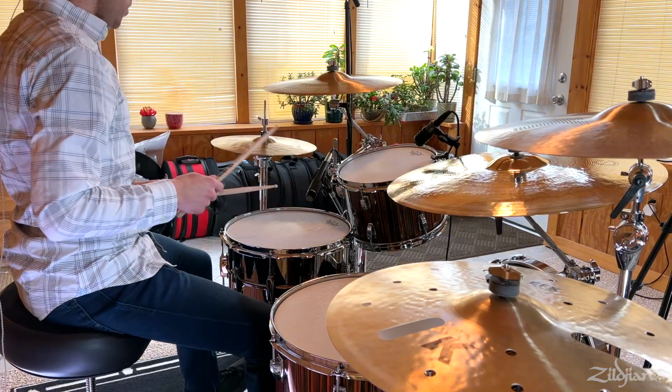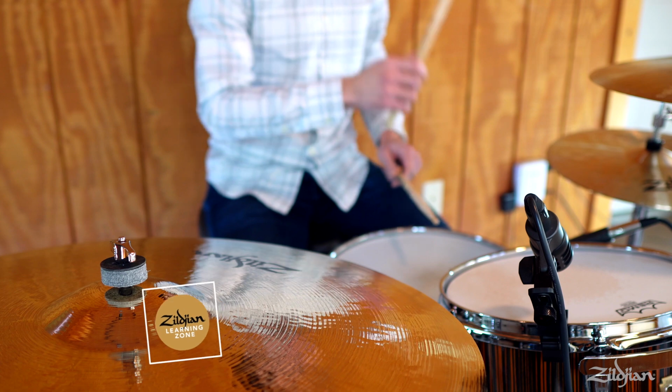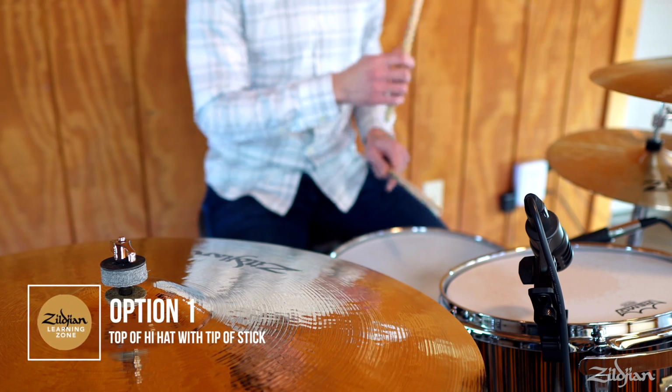Now, as you're getting familiar with this groove, however, don't worry about how you're playing the hi-hats. Just make sure that you're playing a consistent 8th note pulse. So go ahead and play along with me once again for another 16 measures. This time, however, we're going to play at 85 BPM. 1, 2, ready, and...